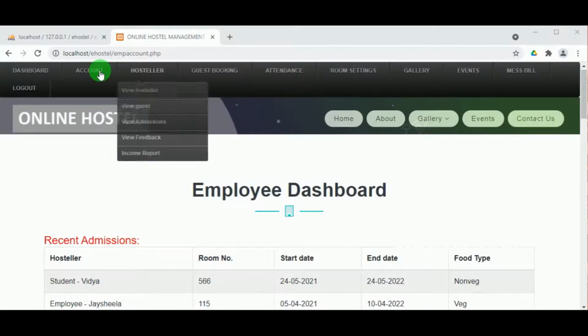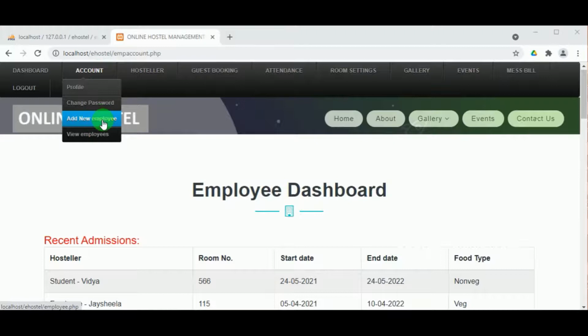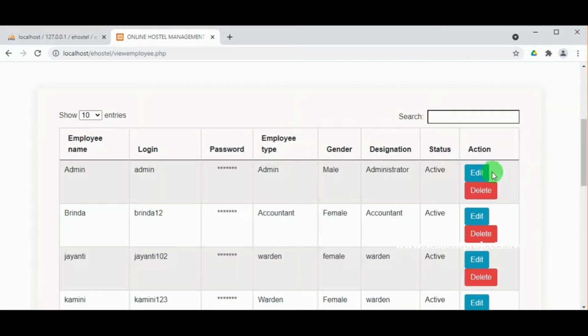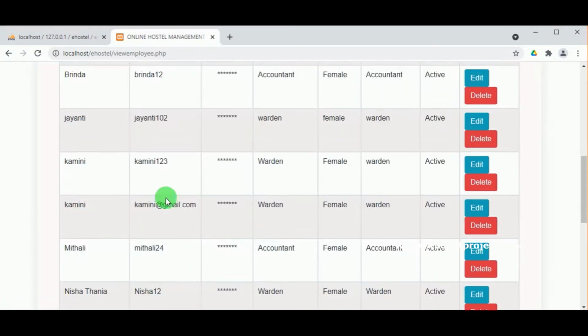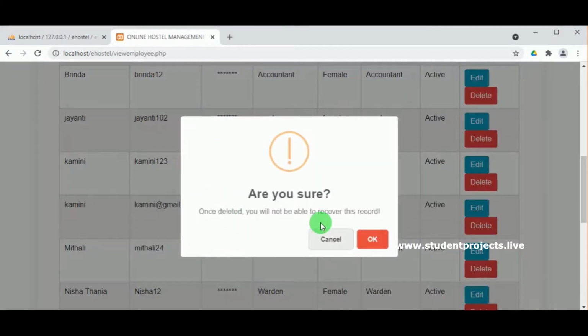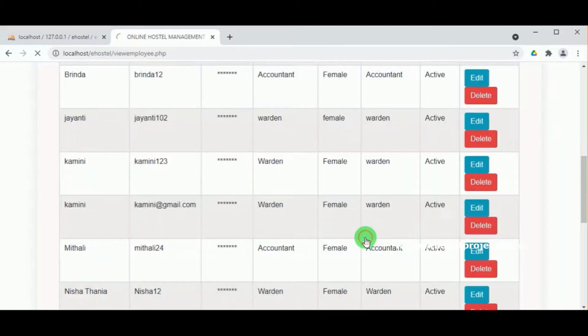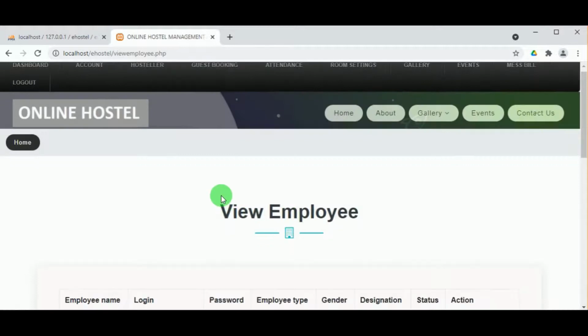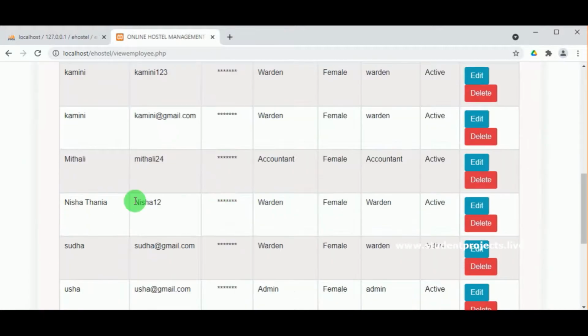So we saw about the insertion as well as updating the records. Now let us see how the deletion works. So you can see in the view employees.php, there is an action edit and delete, of which edit we have already seen. Clicking on the delete button shows a warning message, and then on clicking OK the record will be deleted. Now let us see how the data will be deleted when you click on the delete button.